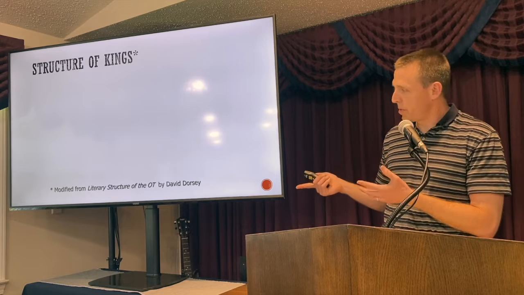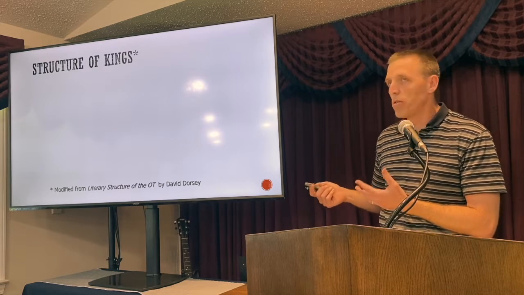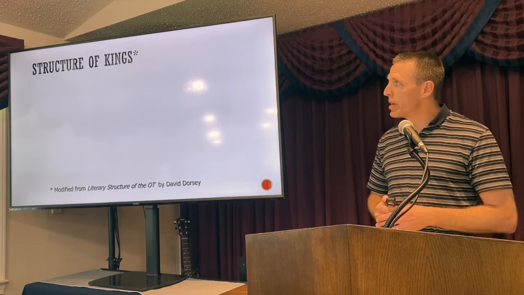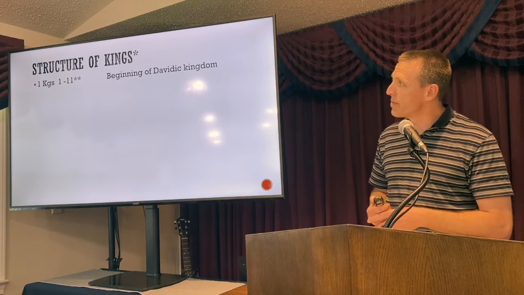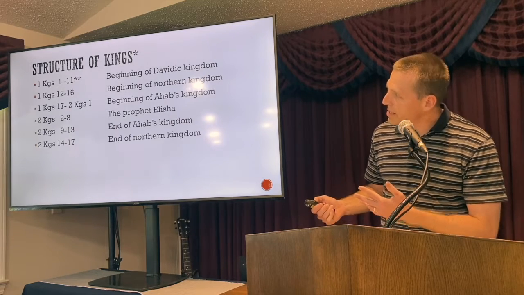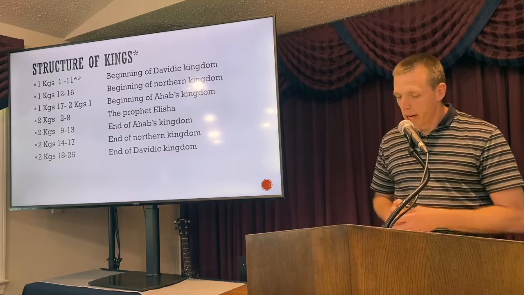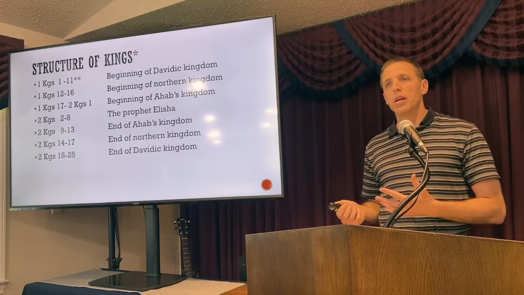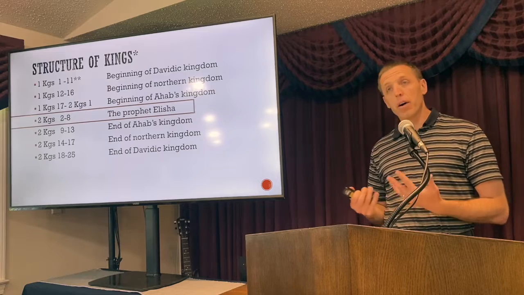I'm going to just put it up again. First, let me give credit where credit's due. These are not things that I'm coming up with on my own. There's that same book I mentioned before, David Dorsey, that's a really helpful book in this. This is where I've gotten much of this from. But let me just put it all the way up there. I don't have it arranged diagonally, as it were, but I do have sort of this structure of Kings, and you'll see in the middle is the prophet Elisha.